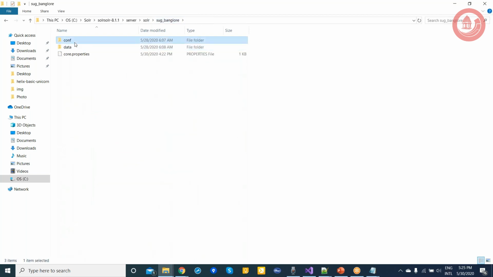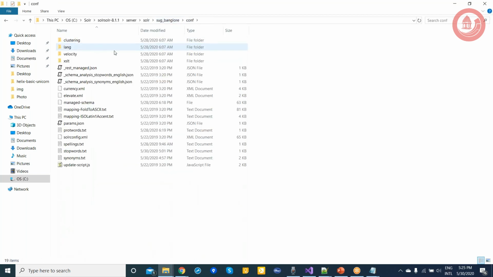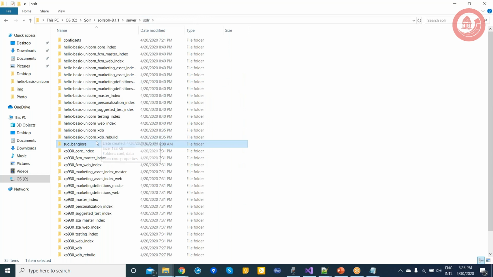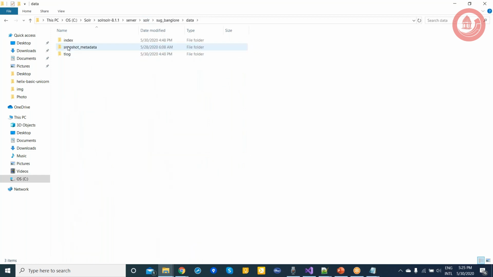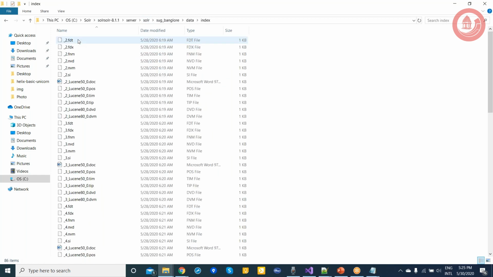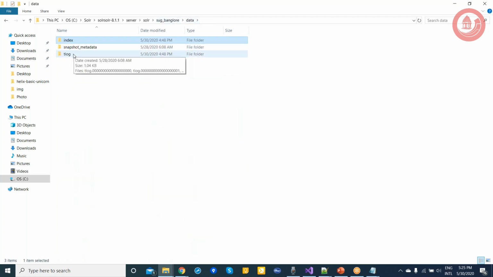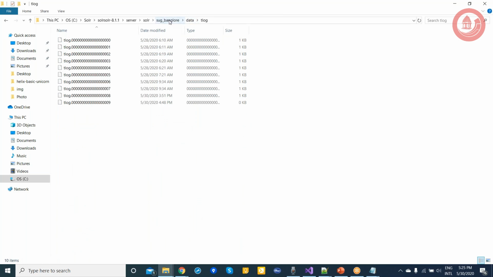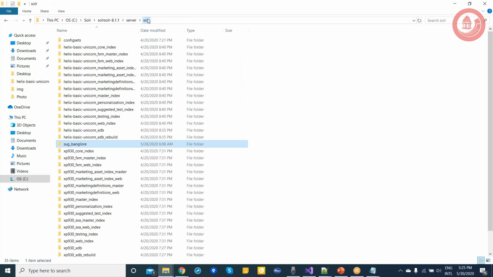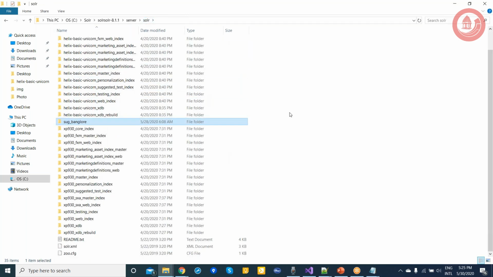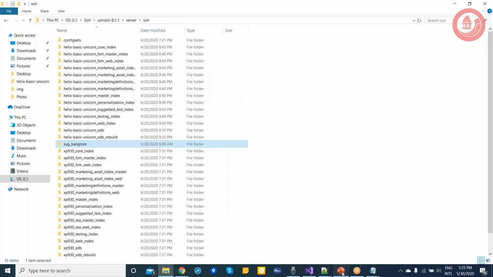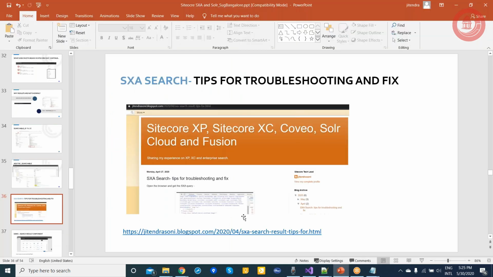This is the index, just showing you the index data. This is a log, and you can verify in these Solr logs how the query works, which I was trying to show here.